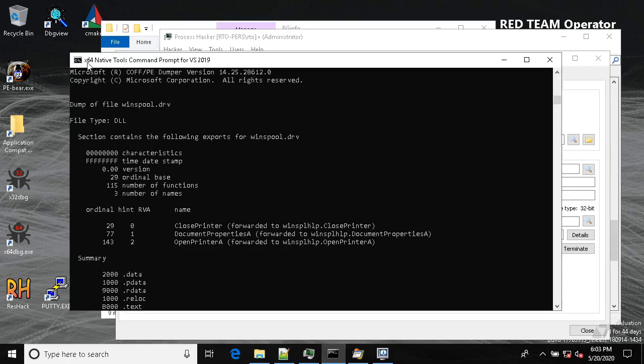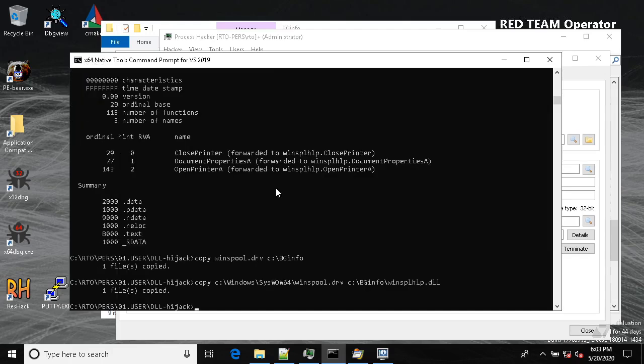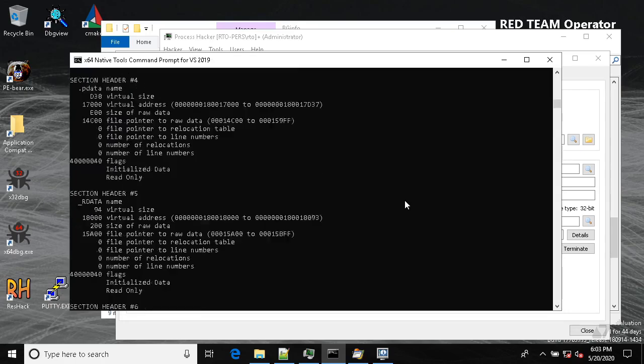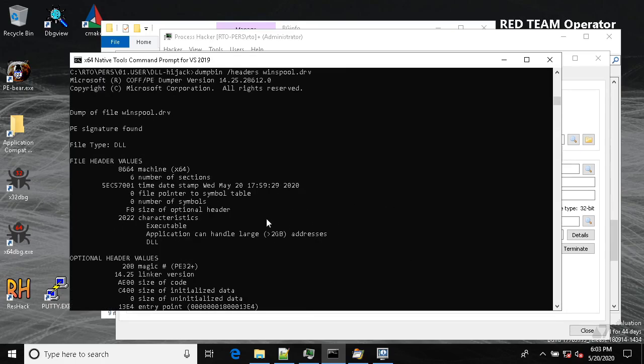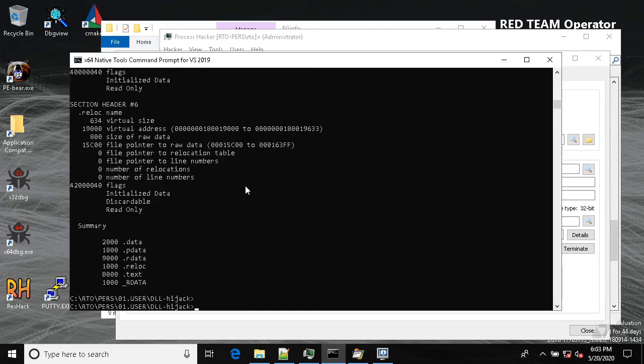I know it from here that we are using a 64-bit compiler, and you can actually check that with the dumpbin tool, because it says it's 64-bit. So you cannot use a 64-bit module in a 32-bit process. So we have to compile that